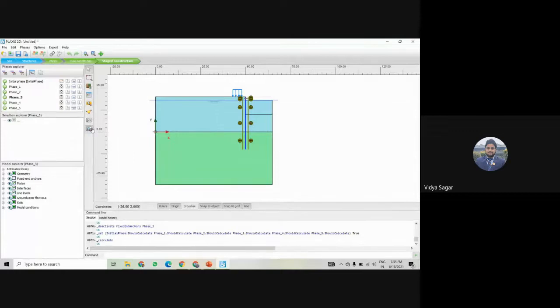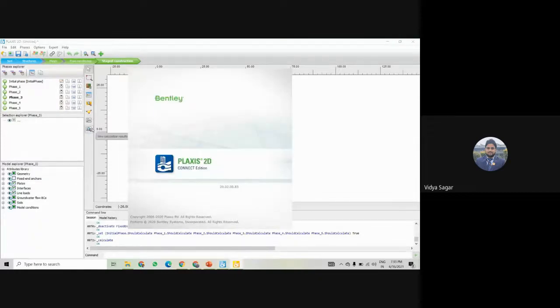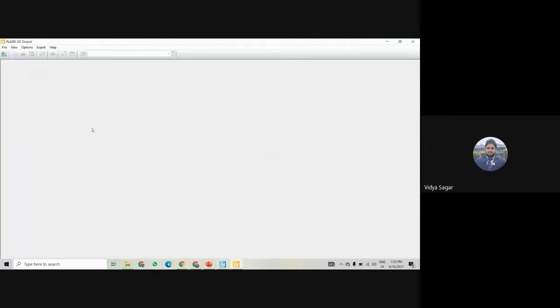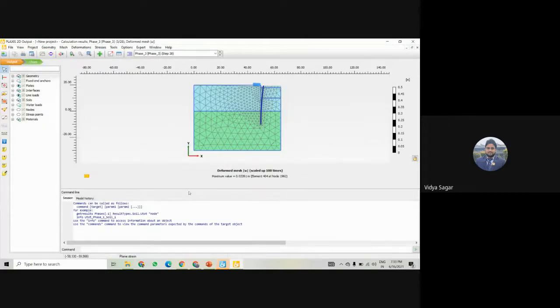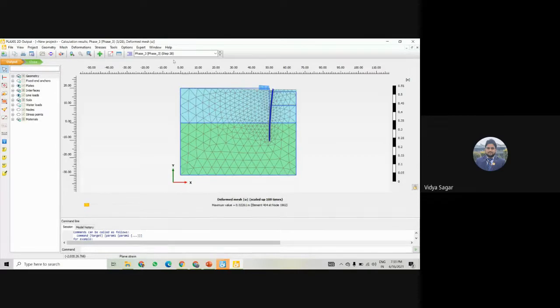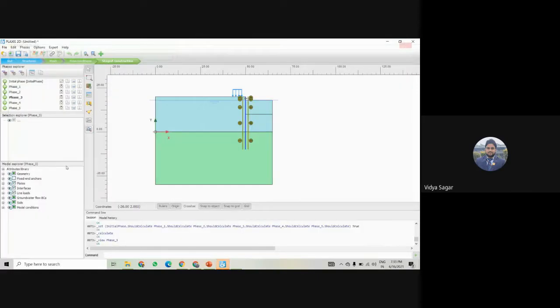Now we can see here. Again, we have to remove it from all phases, not only from this one, because once we have activated it in phase 3, it will be automatically activated for the further phases.